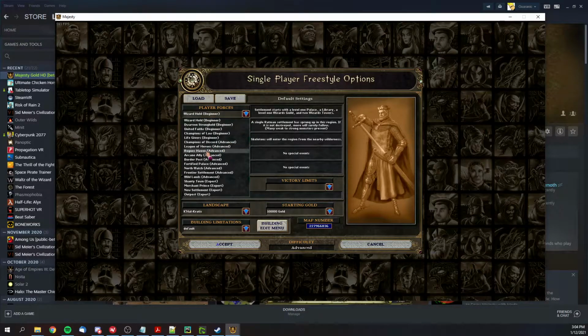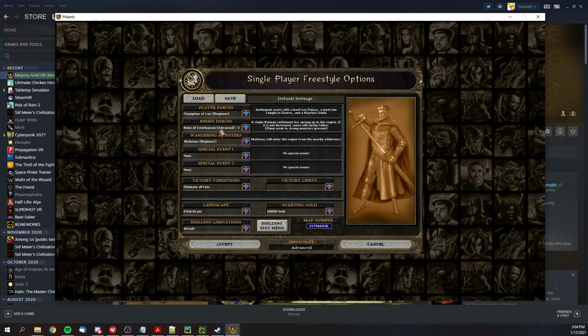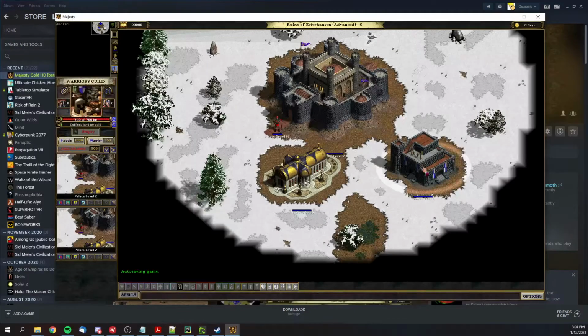And I'm going to need a level 2 palace for embassy. Yeah, that'll do it. Let's get me 30,000 gold because I'm lazy. Okay. I'm gonna cheat,